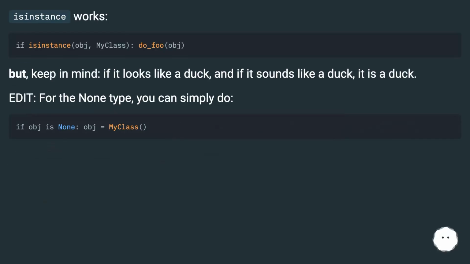isinstance works. But keep in mind, if it looks like a duck, and if it sounds like a duck, it is a duck. Edit: for the NoneType, you can simply do